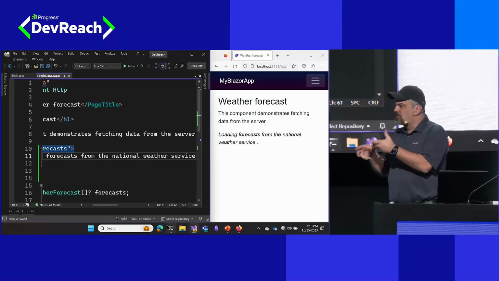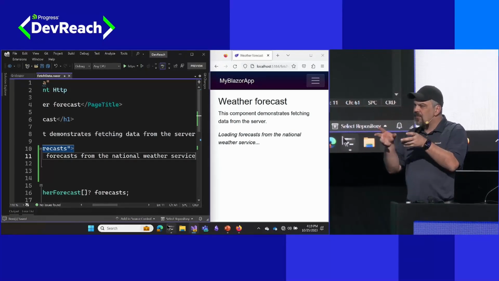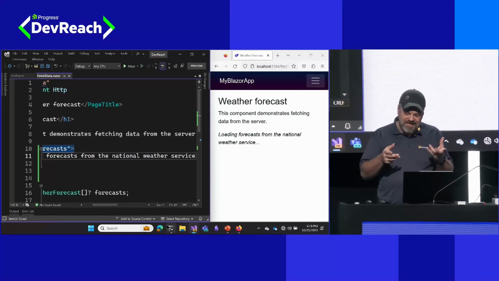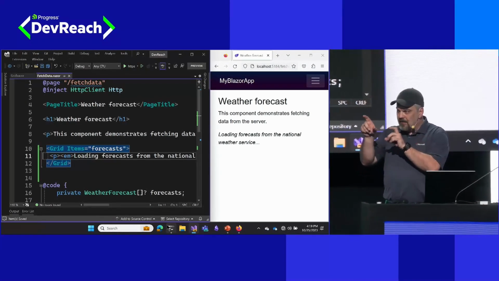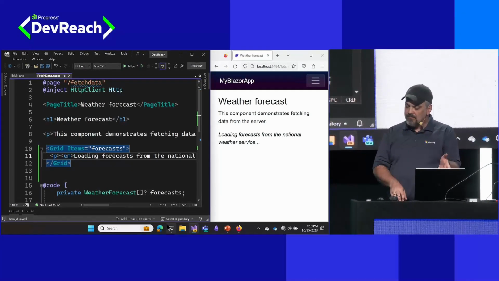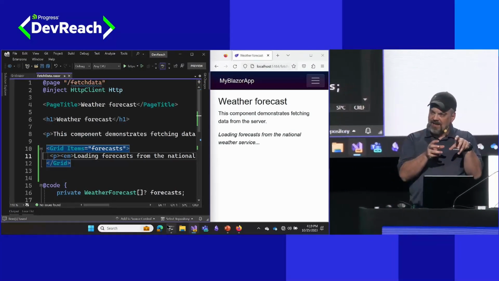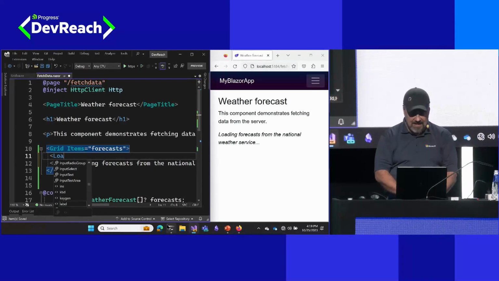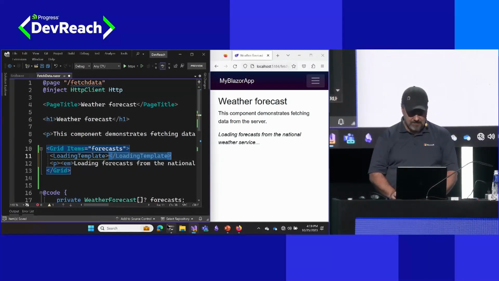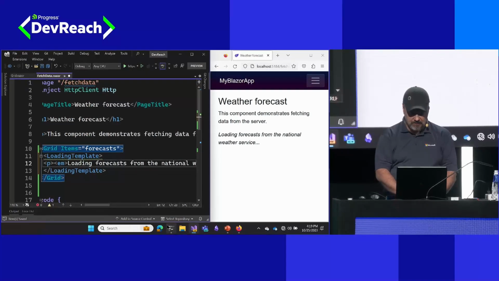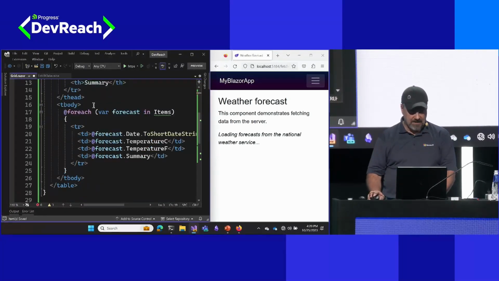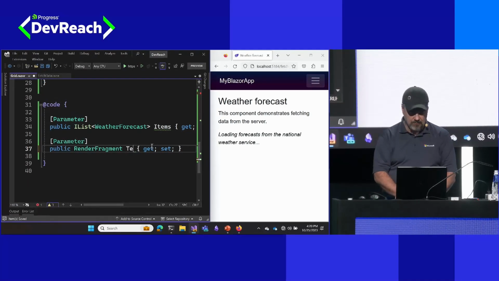Now, that's not the only template and information I want to pass into a grid, right? There's all kinds of other things that we want to configure when we think about building and using a grid component. So let's actually put this into a loading template property. Now, our parameters that we receive, not only can they be attributes like the items that we see here on line 10, but I can also create child elements that are those same properties and parameters for us to consume. So I'll just wrap this with a loading template element, and we will create a loading template property. So I'll just change this to loading template, and down here I'll change that from child content to loading template. Save that,